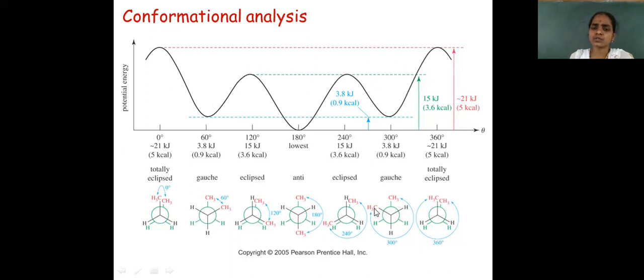Again, the second carbon, the methyl carbon, starts rotation in order to get an identical structure. So these are some of the orientations of the conformations, obtained by rotating by 60 degrees, 120, or 180, in order to get the identical structure. And these are the different conformations. Here the first structure is the less stable one, and the anti is the more stable one.